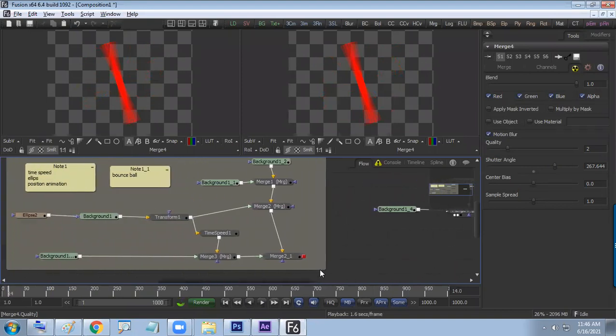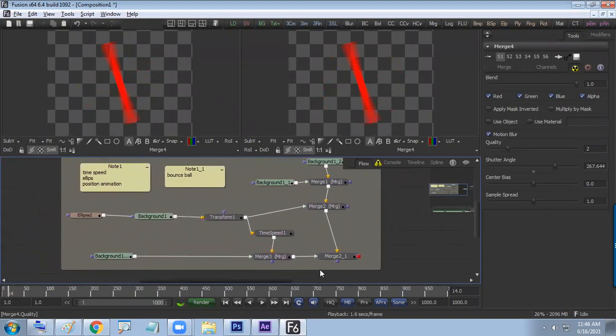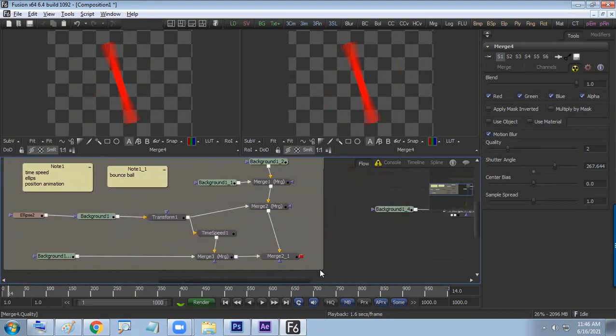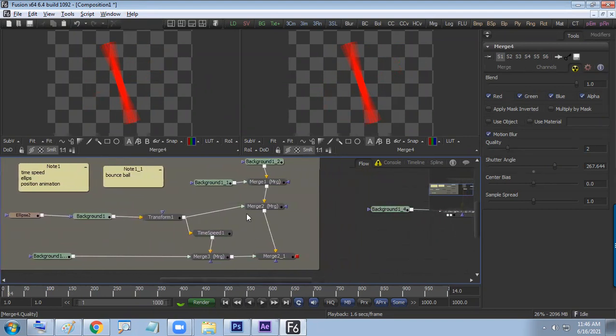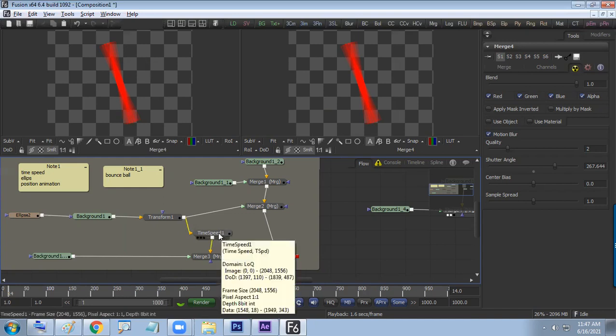So hope on your screen it is clear. Two things: how to make a productive output of a bouncing ball by changing the center point and applying an ellipse node, and how to blend them together if a trailer is there. A trailer could be done by the time speeder. You can make any animation go 2 frames, 3 frames behind. Mostly it is used in motion graphics.